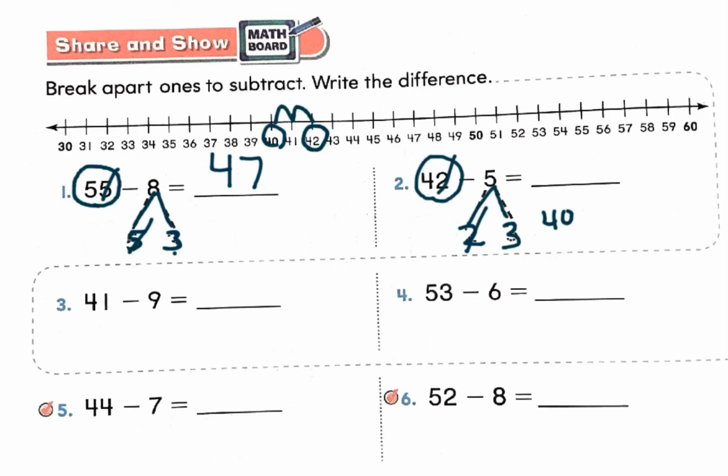All right, let's see. We have 3 left. So to finish subtracting, we have 40 minus 3. Sorry about the handwriting. I'm using the iPad and it's kind of hard. Okay, so 40 minus 3. Let's go back to the number line. 40. Let's count back 3. 1, 2, 3. 37. So 42 minus 5 is